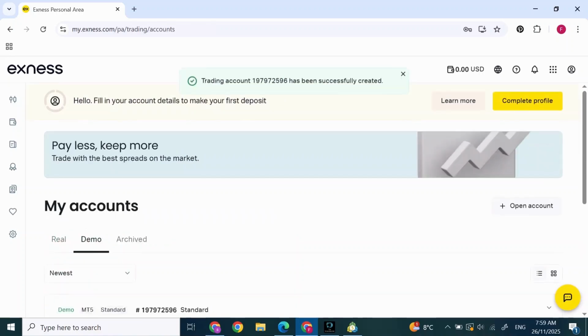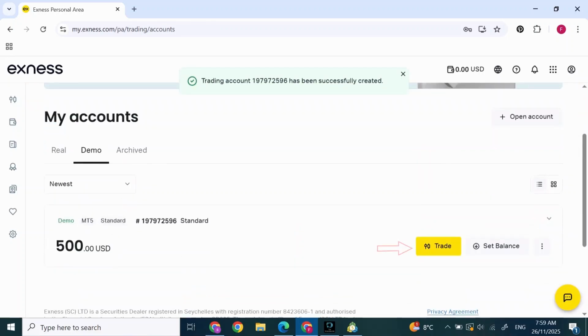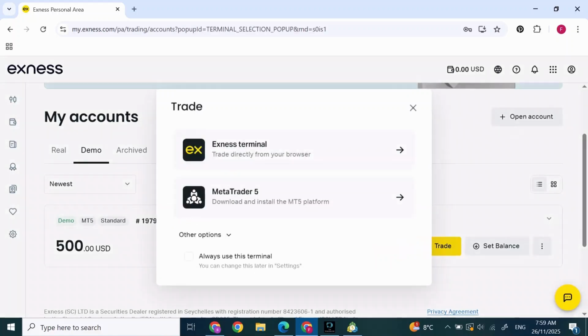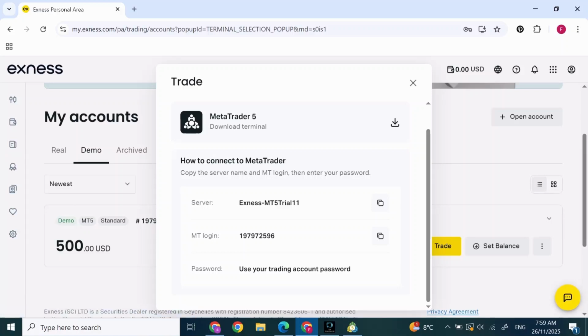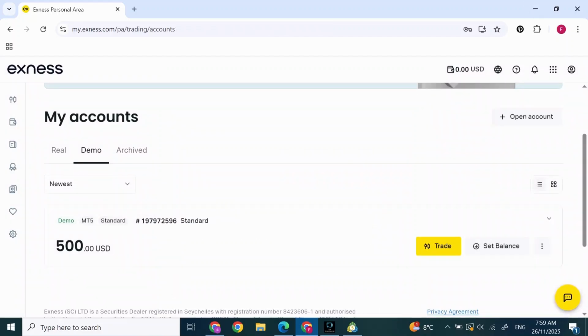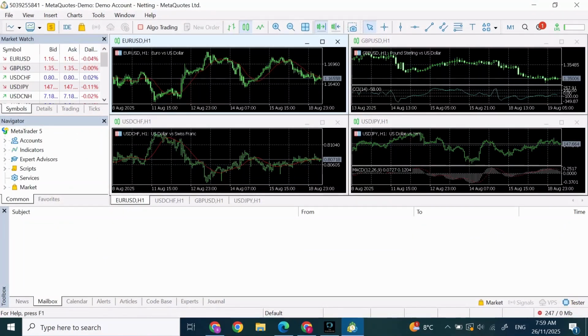You'll find this kind of screen pop up. Here, scroll down and click on Trade. Click on MetaTrader 5 and then copy the login number. After you've copied the login number, simply close the tab from here and then open